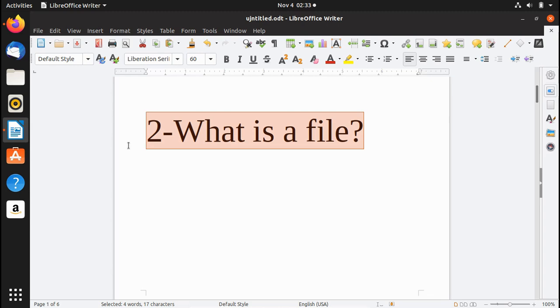Now let's move on to the next question, which is, what is a file? A file is a named location where you store data or information permanently. A file is always stored inside a storage device using a file name and extension. Usually the .txt extension is for text files, and other kinds of files have other extensions as well, and the name could be anything. A file name normally has primary and secondary names separated by a dot. That was pretty easy, right?